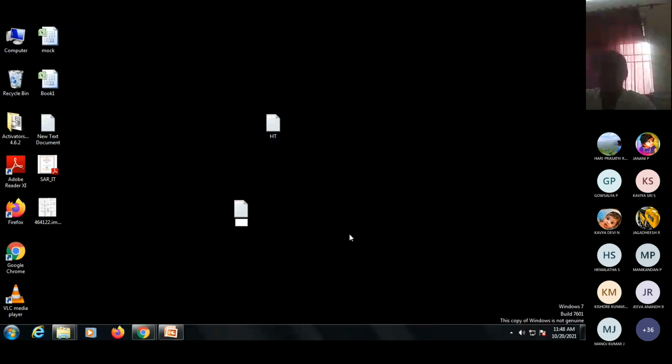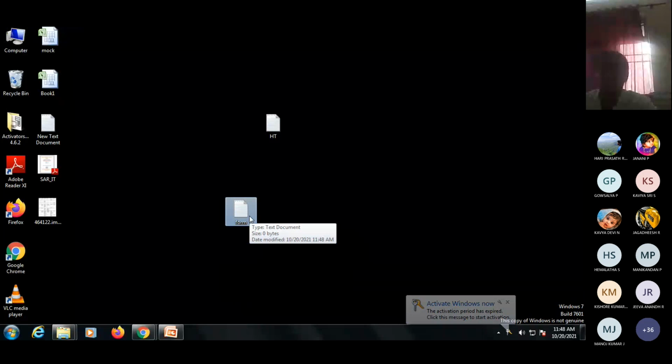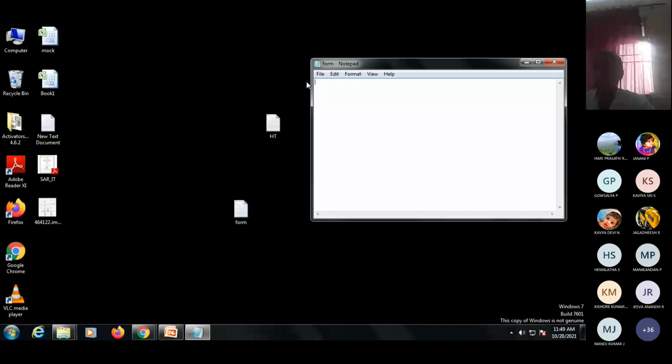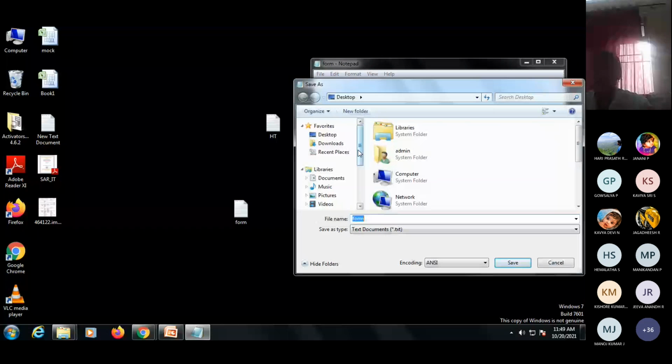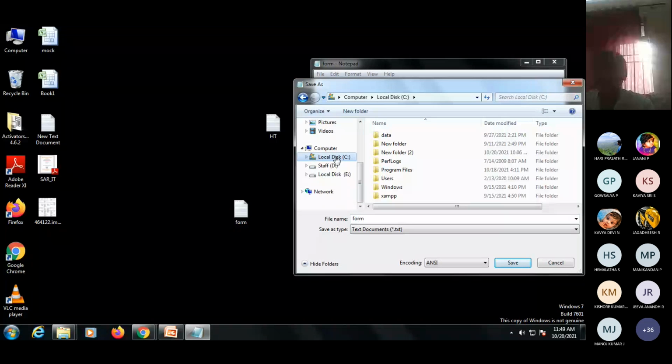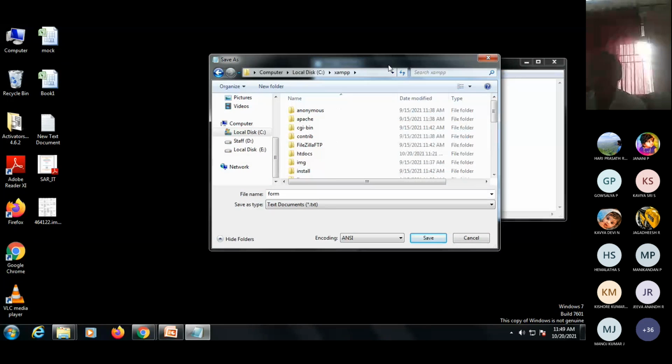I'm going to save this file in local disk C, where I already installed the XAMPP server from the online website. I open local disk C and then I open XAMPP.